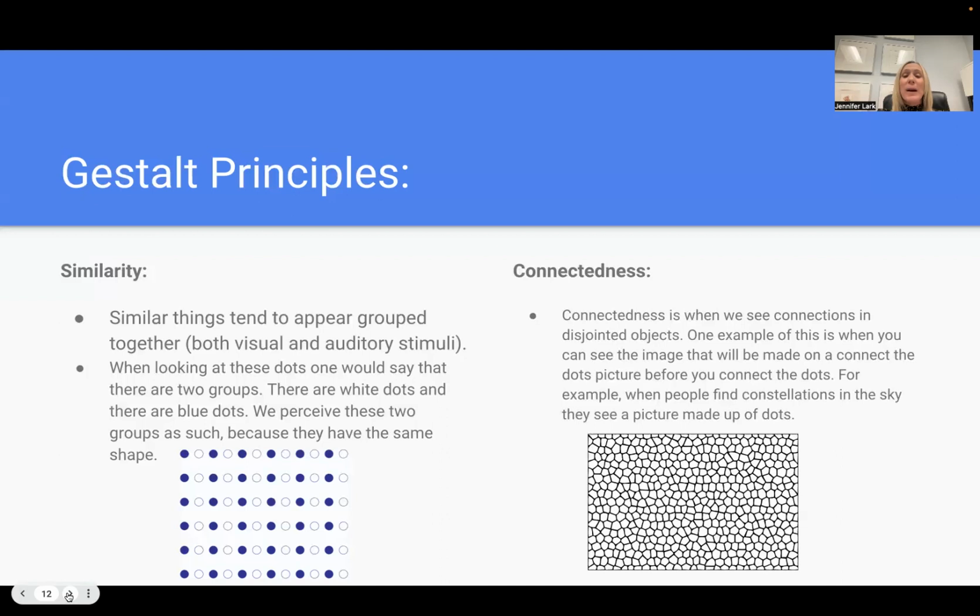Okay, an example going back to our halftime show, if we're thinking about a marching band and connectedness, a lot of times marching band members will split themselves off into different subgroups so that they can form a letter. And our brain might see the letter A or CLHS if the band is doing something of that nature. Individual people connected together, and our brain actually sees the whole instead of the individual people.